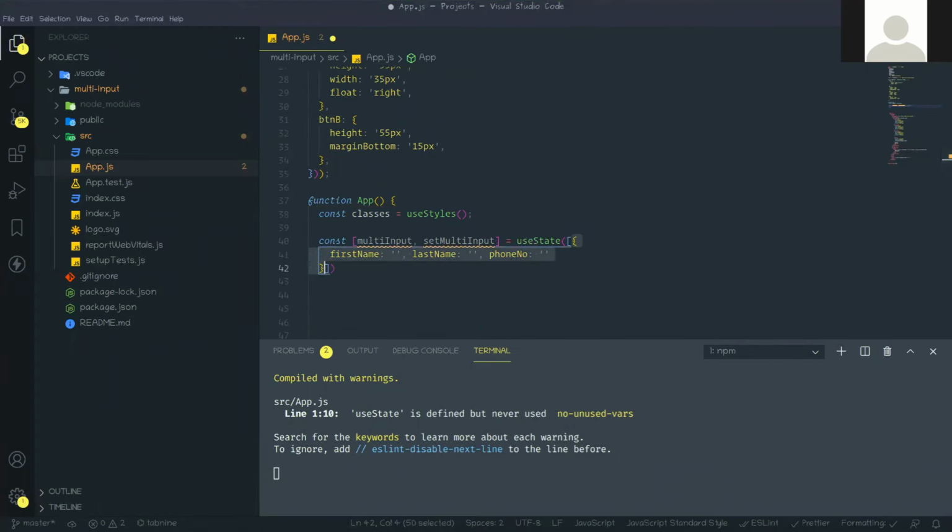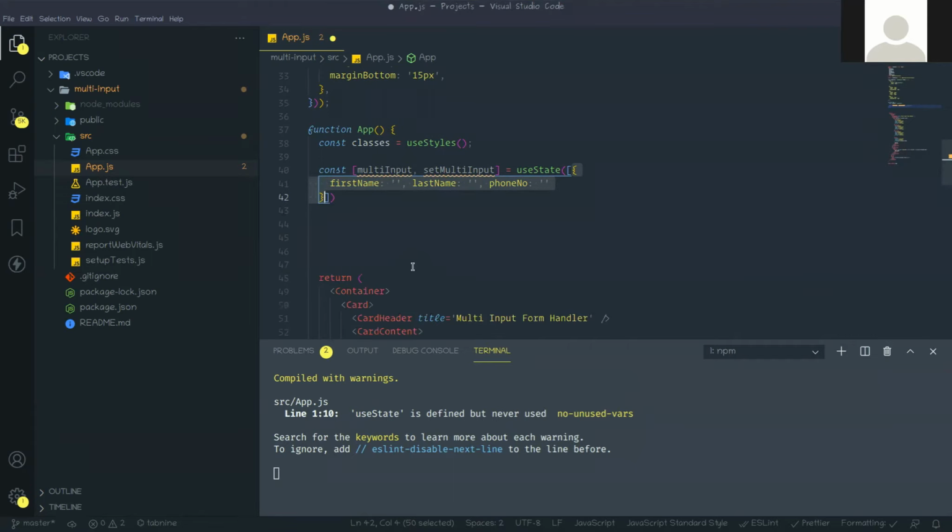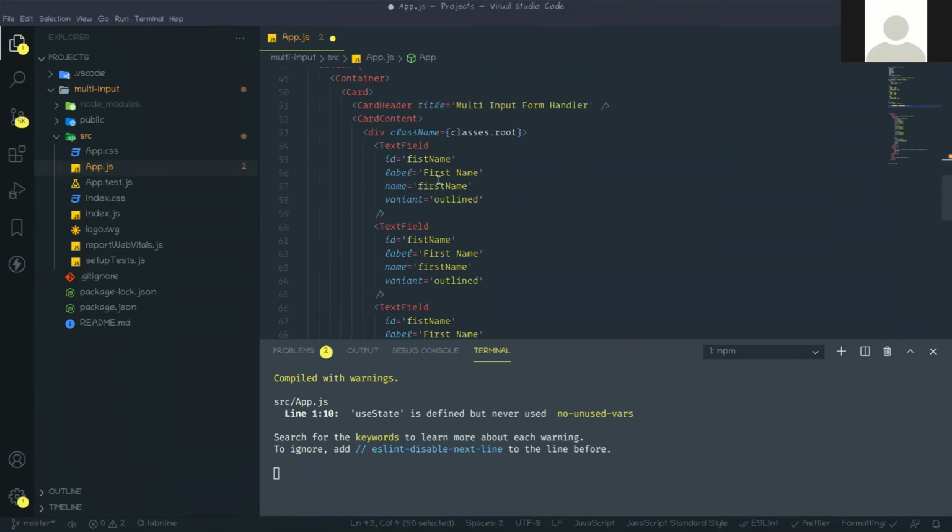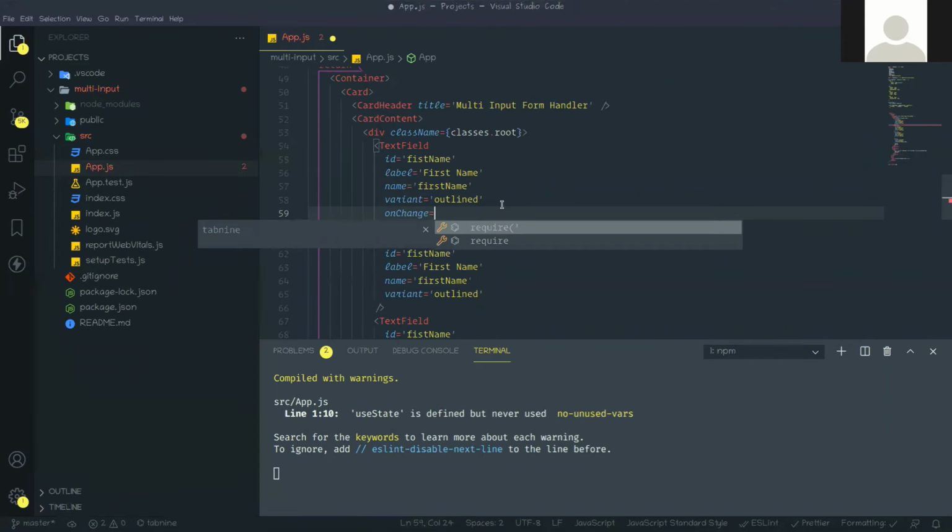Next thing, now we need to create an onChange event, meaning when the onChange event happens on every text box. I'm talking about this text box, meaning for the text field the onChange event will happen. When onChange happens, at that time I need to take that input and store it to state.